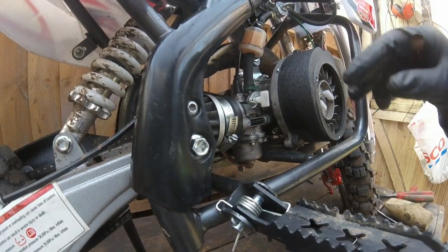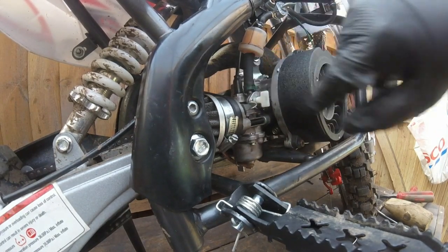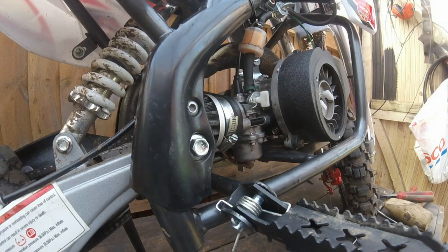Okay, that's a bit better. I've got the fuel pipe on, and I've turned the fuel on, and it doesn't seem to be leaking anymore. So that's that done. Right, we'll stick this